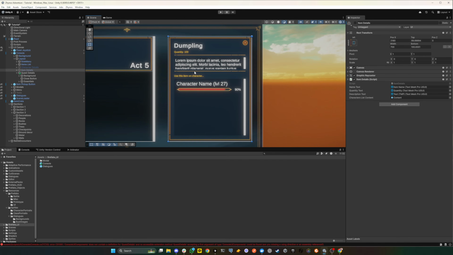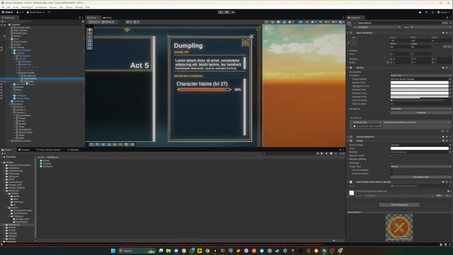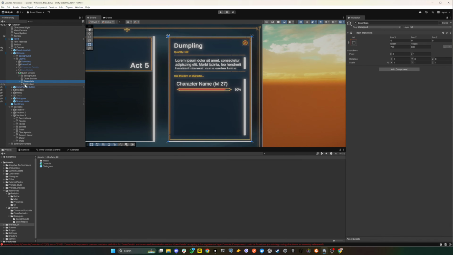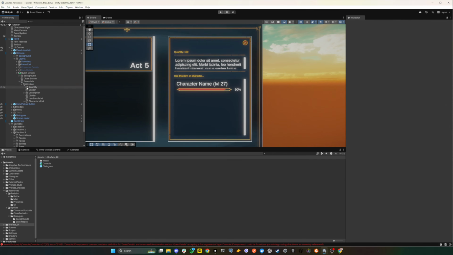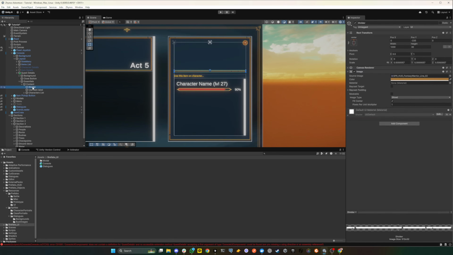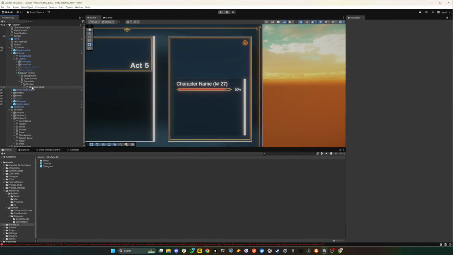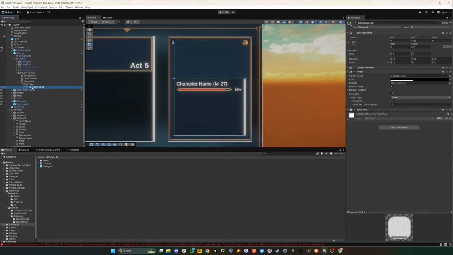We don't need any of this above here. So let me try doing that. Close button can stay there. That's okay. Item name, we don't need. No need. Divider, no need. Description, no need. Yes, and this